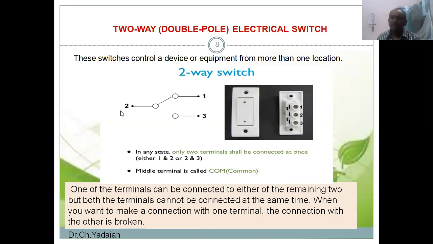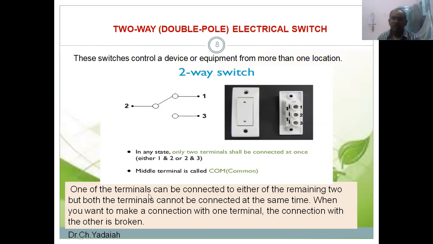If supply is given to them, whatever the input is given to the second terminal has to flow through switch one. Now, if the switch is operated, automatically it has to turn from 1 to 3. Then this terminal will open, the other terminal will close, and the current has to flow from the second terminal to the third terminal. So the terminal which is connected to the load is given the supply.